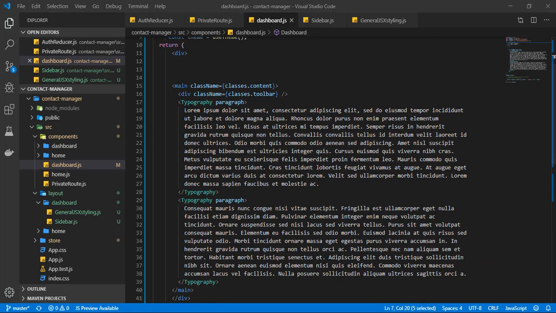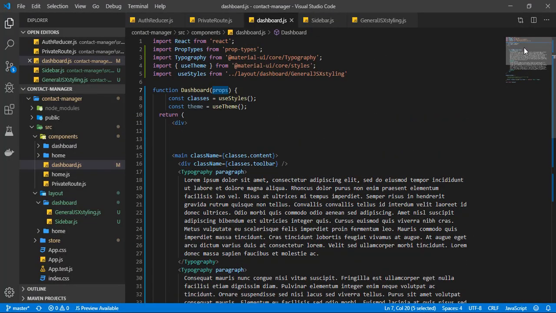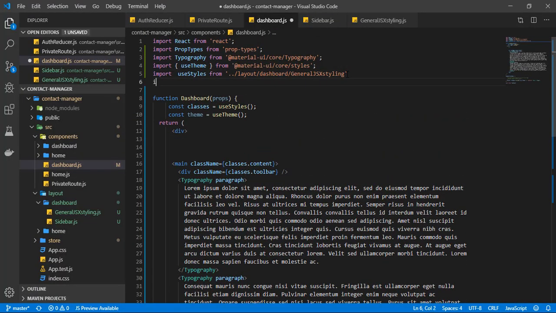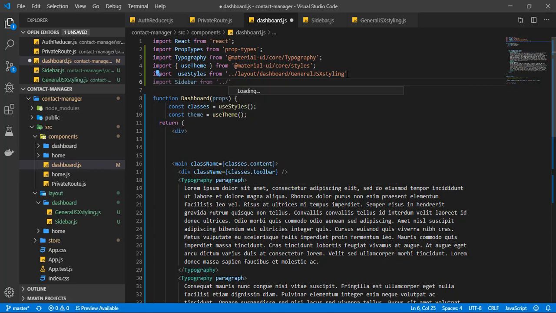And when we get to our browser, yep, here is what we see. So now it's time for us to import our sidebar components. So we're going to import Sidebar. I think I'm using camel casing or Pascal casing. Sidebar, and this is going to come from layout, dashboard, sidebar. And we are going to use our sidebar components here,